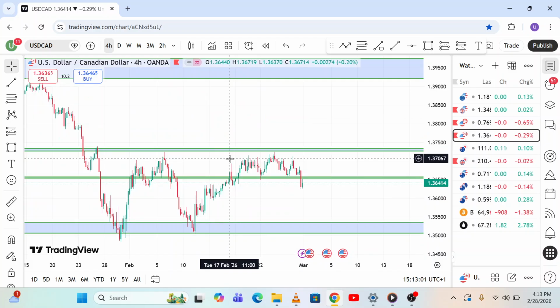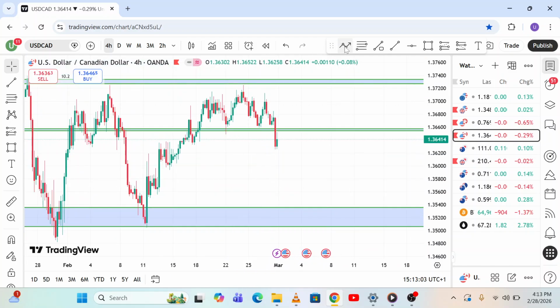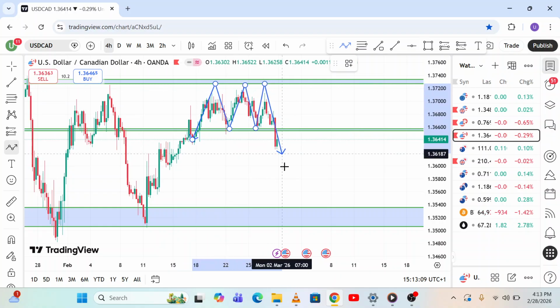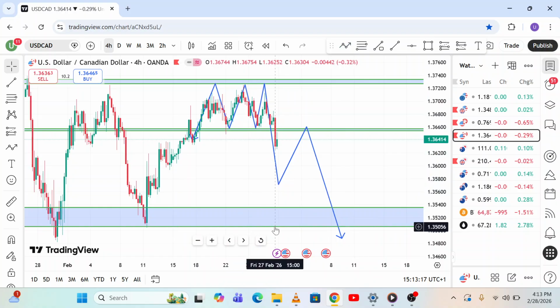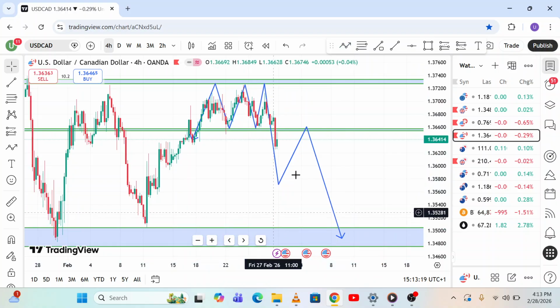As you can see, we have been in a range or consolidation with no clear direction, but sellers have stepped in to break this structure. We can wait for a retest before entering for a sell. Okay, and once this zone is retested, and if we want to take a bigger risk to reward,